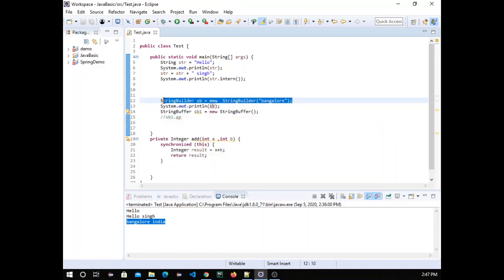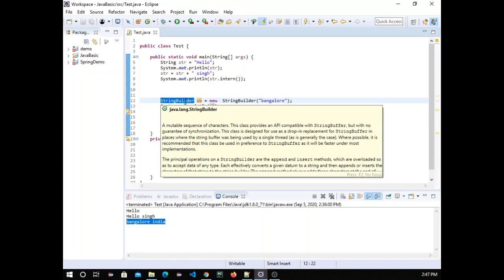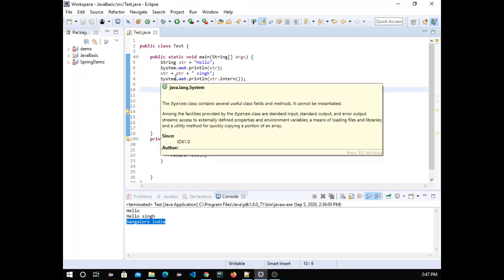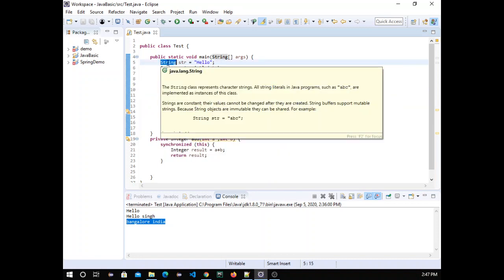But keep in mind that if multiple threads access the same variable and one thread updates it, another thread will get the updated value. So keep that in mind while using the builder. If you're writing code, we need to choose wisely which data type to select.